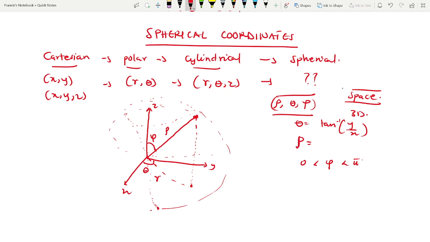So when I join this line here, you realize that when I take my rho cos this angle, that gives me my horizontal here. And that horizontal is parallel to the r here. When I take this rho sine my phi here, it's going to give me this side. So you realize that